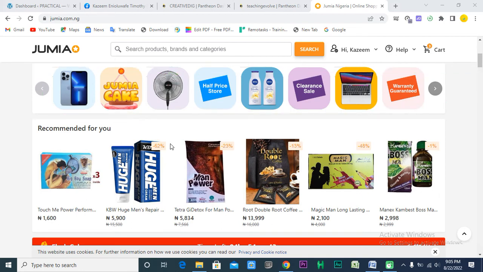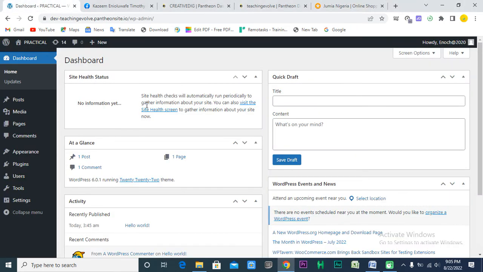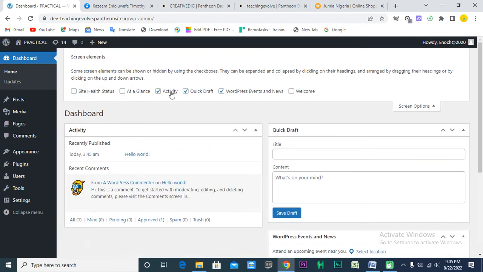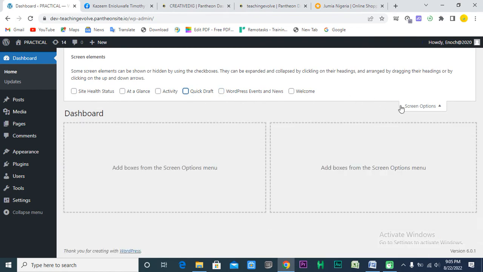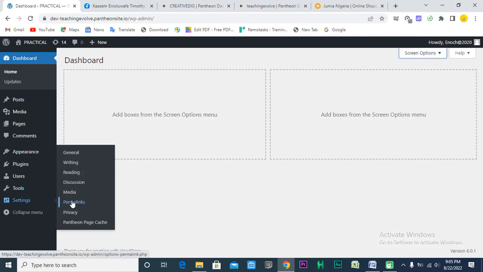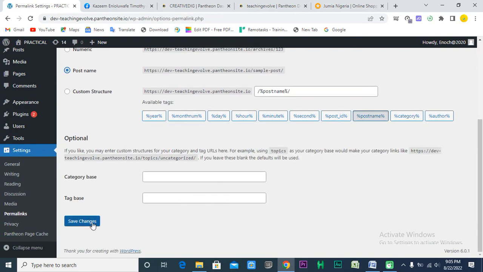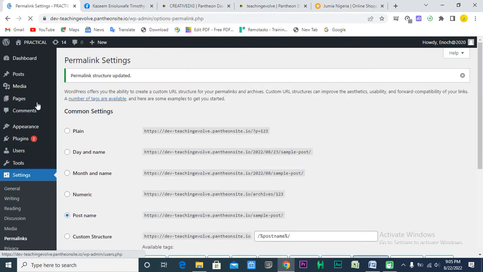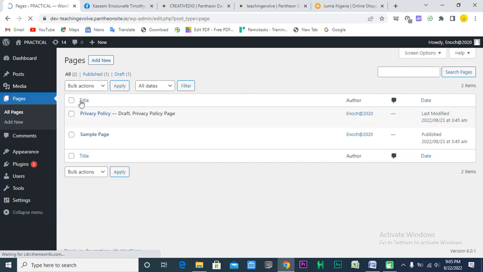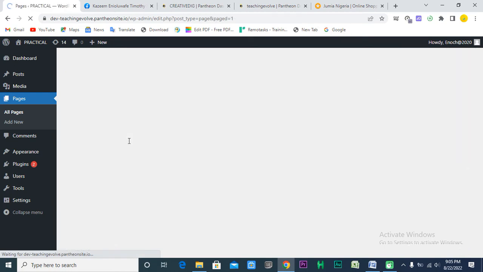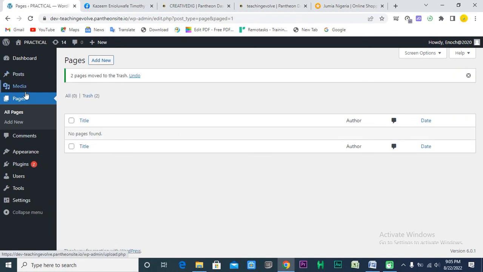So by default, as I said, we need WordPress. After you have installed your WordPress, secondly, you need to do the settings of your WordPress, for things that you don't need. One of those settings is the permalink. Change your permalink to post name and save it. Also come to your pages, make sure you select the two, move them to trash, and delete them. Once you delete them, let it be empty. Then come